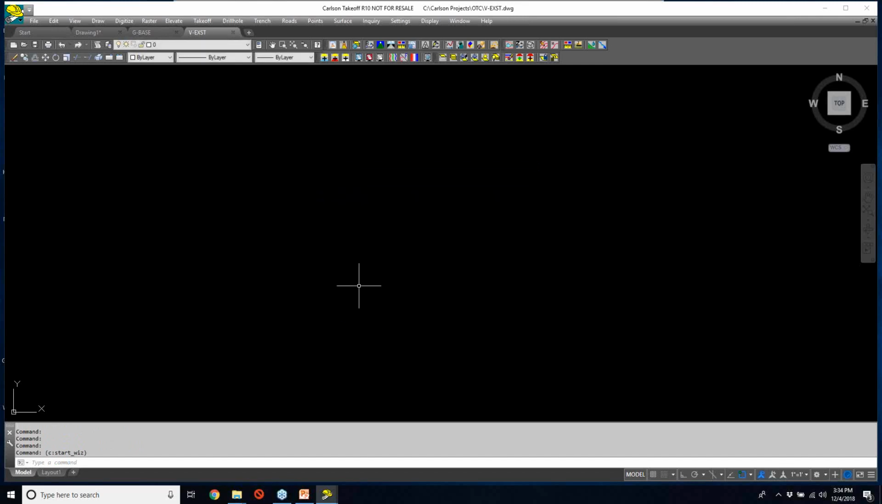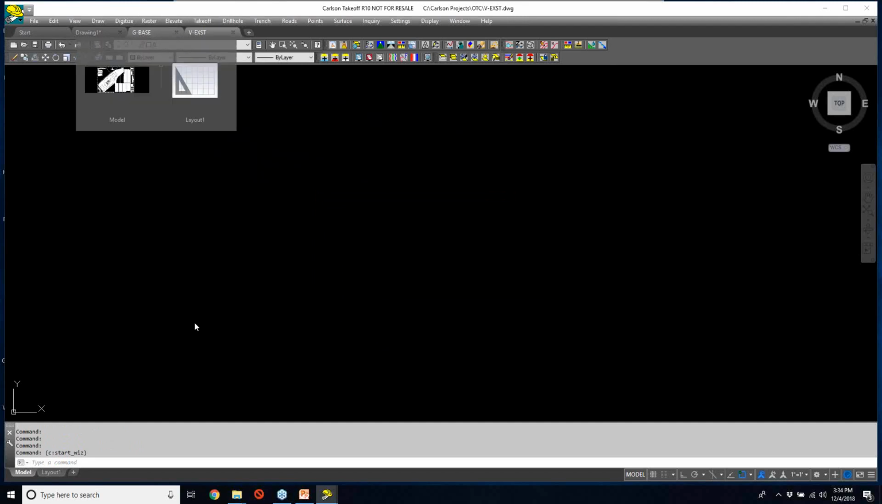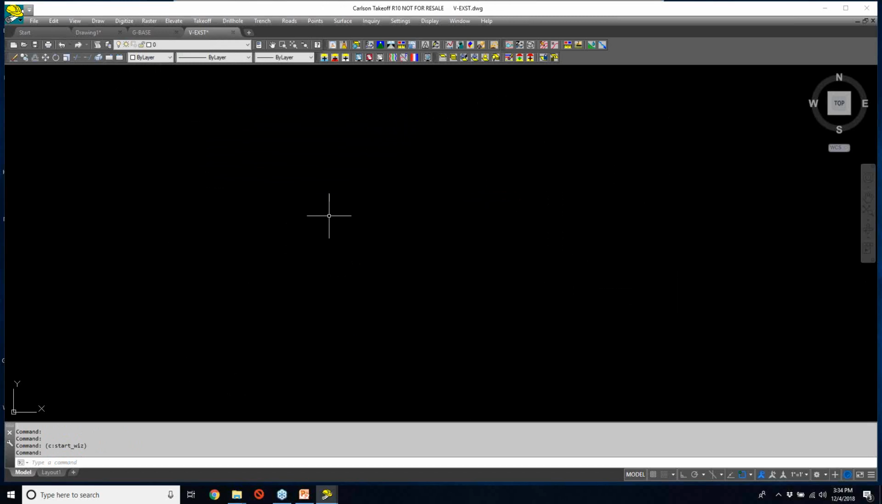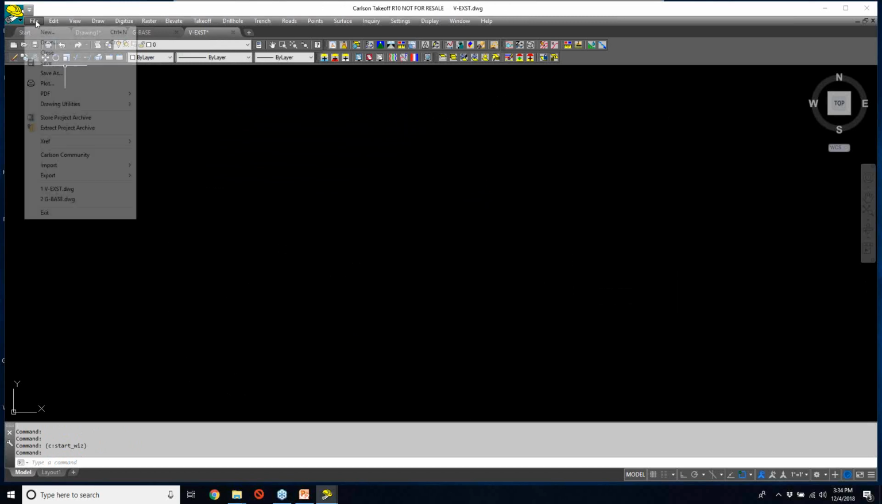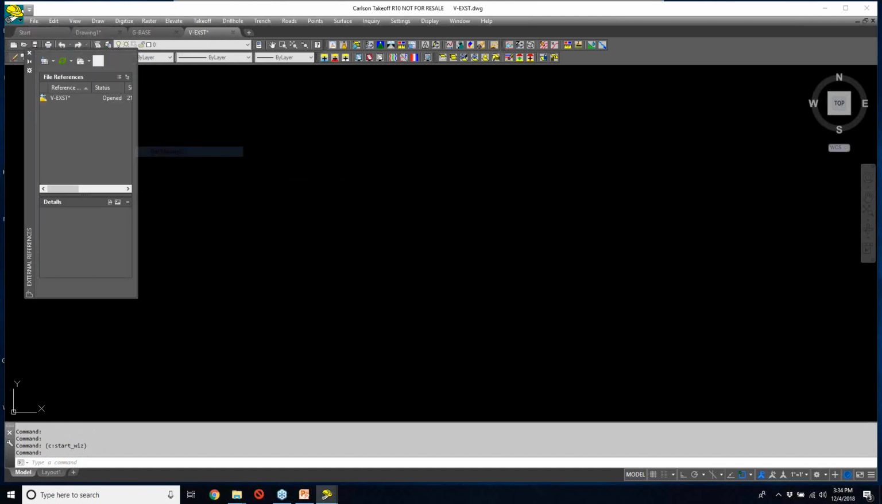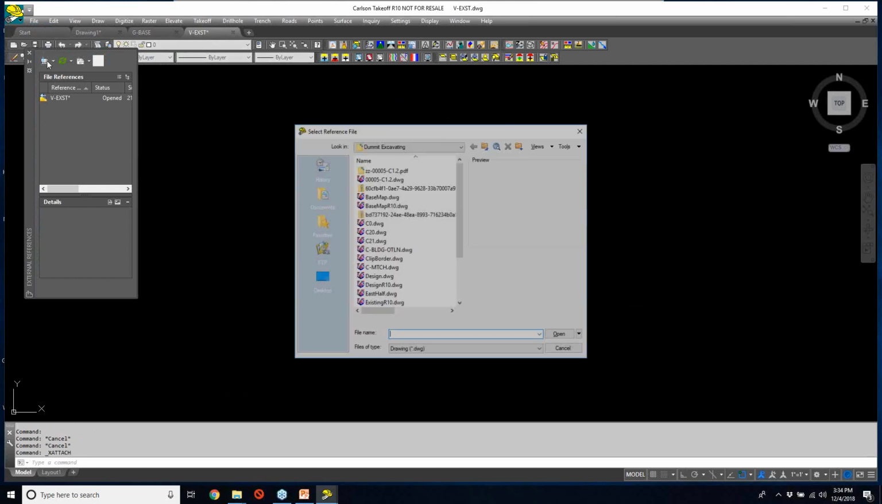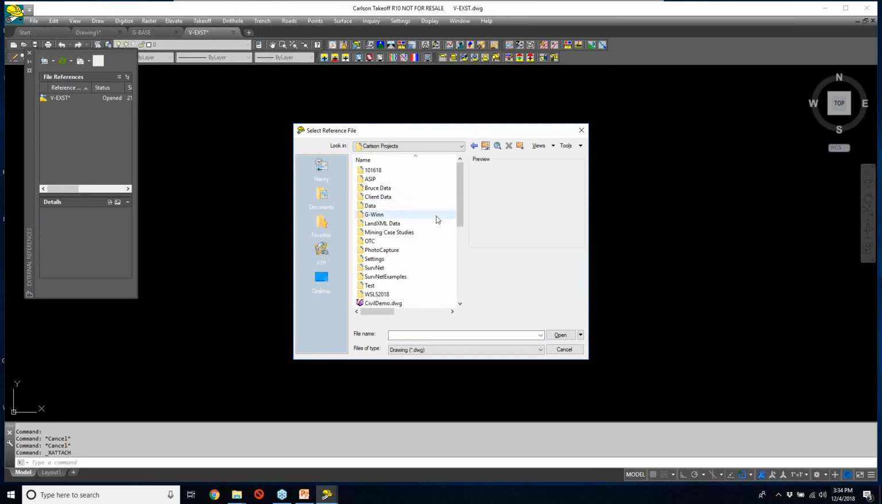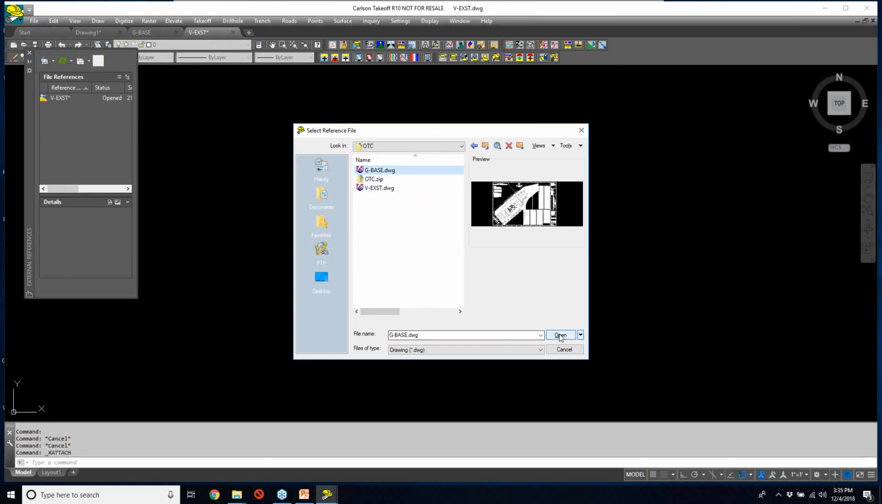Now, the very first thing that I want to do, though, is reference the external reference of my general base plan drawing into my survey existing drawing. So if I go to File, XREF, and go to my XREF Manager, I'm going to attach my OTC GBase drawing,